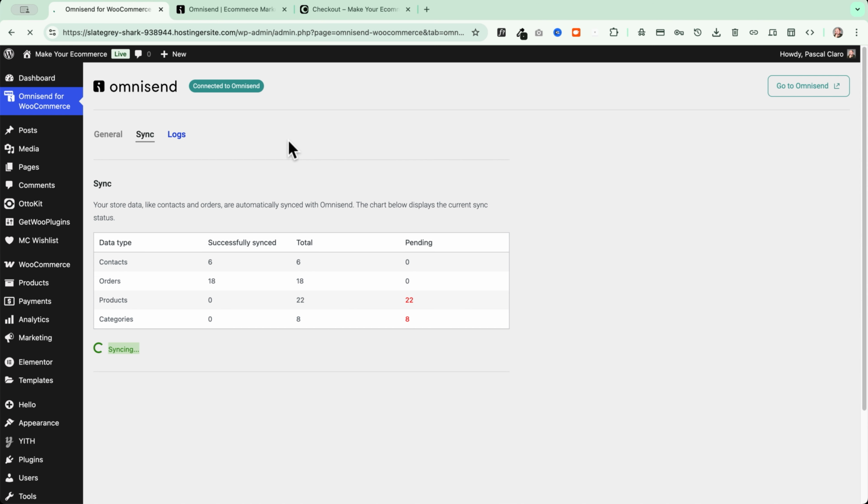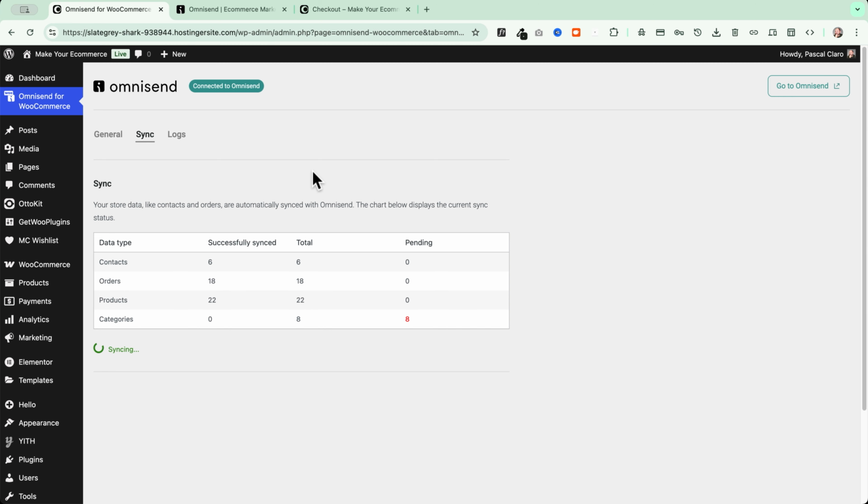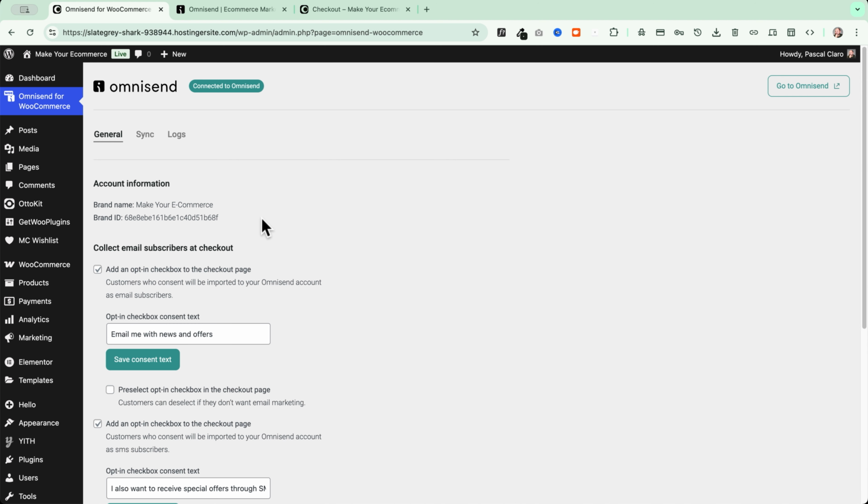In the logs part, you will see a log of all the different actions that are occurring on your account and that are occurring between Omnisend and your website. As you can see now, it is synchronizing everything in the background, and in a few seconds it will be finished. Now that I am connected with WooCommerce,